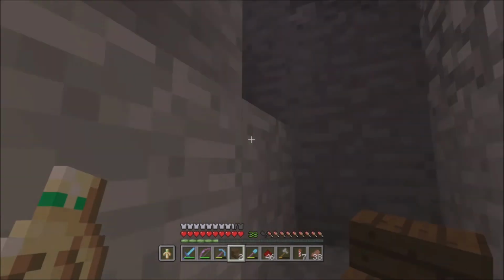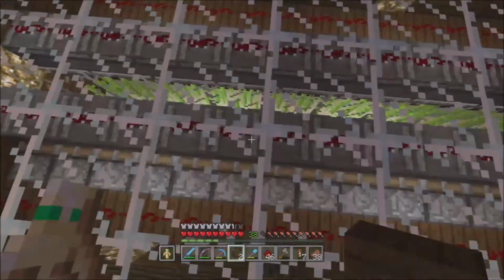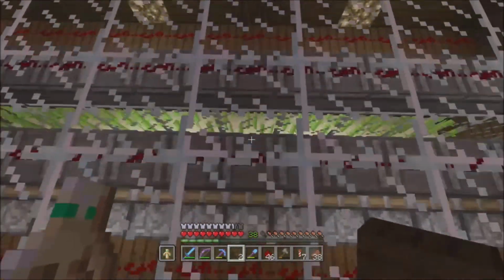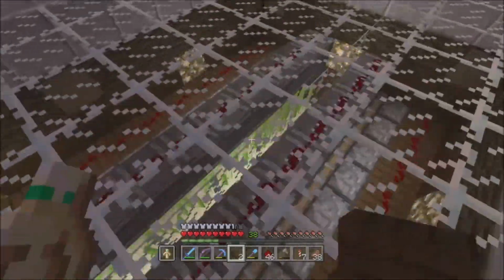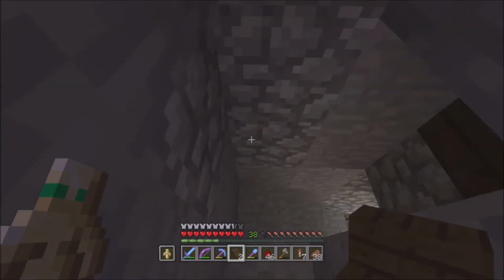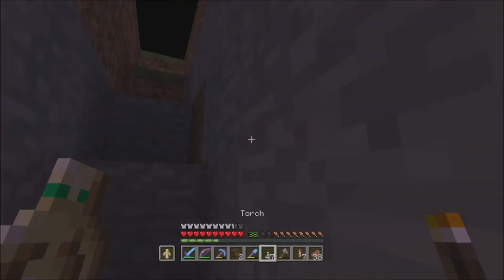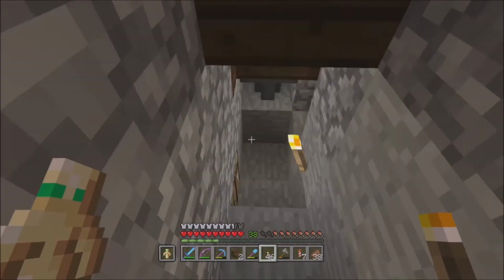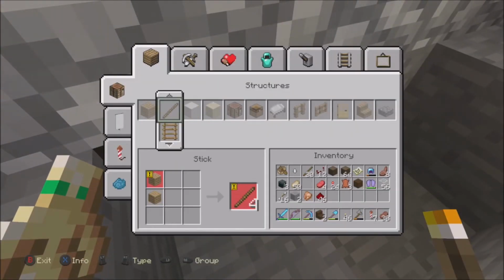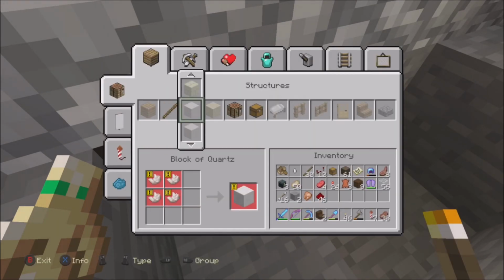I think the whole farm's okay, except one sugarcane might have disappeared because of a mistake. Has one sugarcane disappeared? No, all the sugarcane's still there. Okay. Nothing went wrong, even after I did that crazy water thing. I am so glad that it didn't destroy the entire...